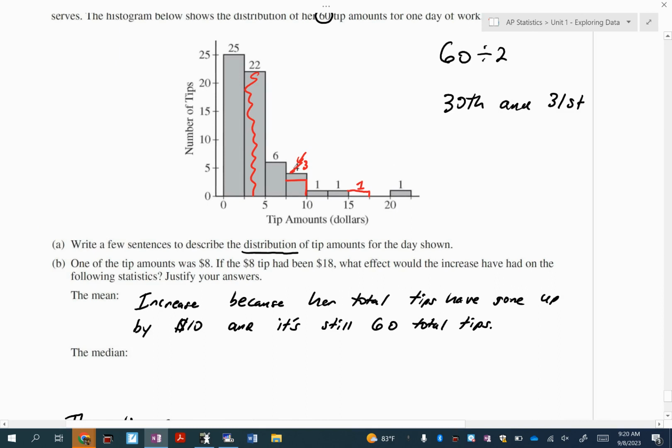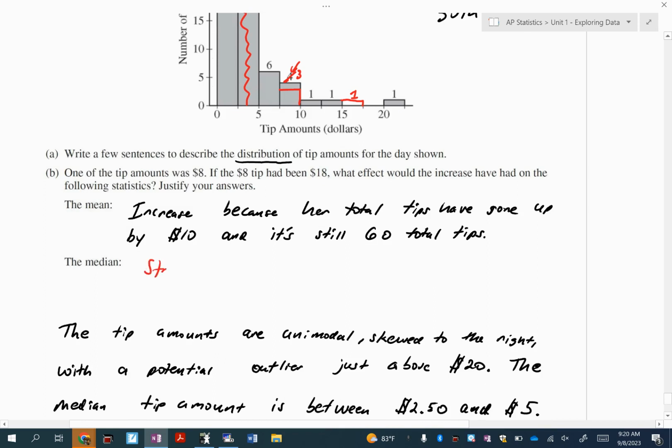Somewhere in there. And what do you notice about the $8 bin and now this new $18 bin that I made? What do you notice about both of those bins compared to the median? They're both to the right. So the fact that there's an 8 that goes away and becomes an 18, is that going to impact the median? No, right? Because the median just cares about the order. It doesn't care about how far away it is. All right? So yes, this 18 is going to be now farther to the right than the 8, but it has nothing to do with the median because both of them are to the right. So the median would stay the same